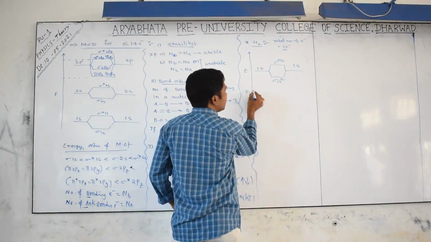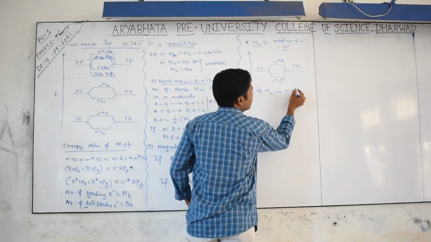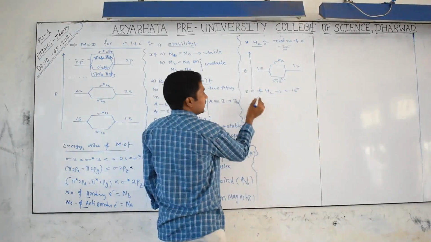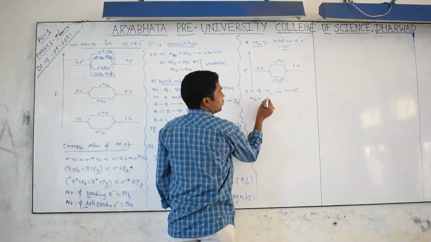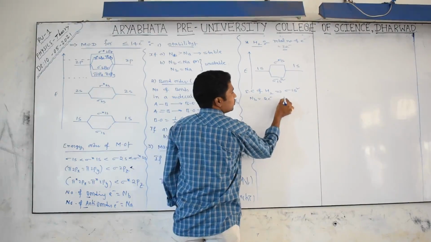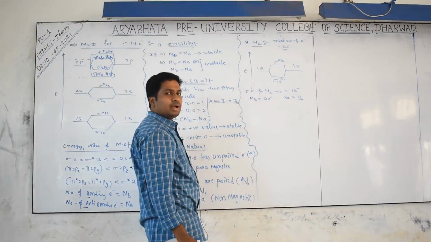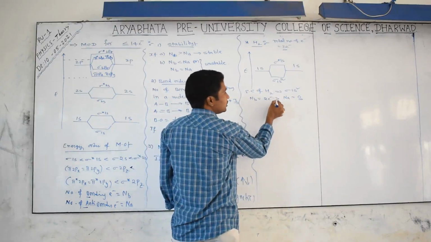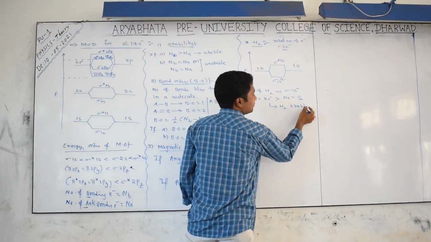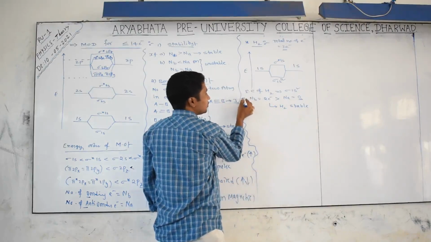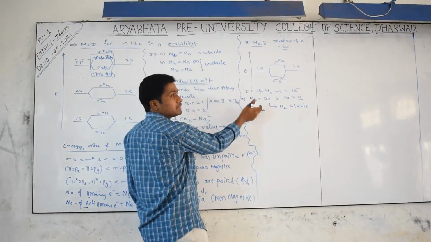Now the electronic configuration of the H2 molecule is sigma 1s2. Now the number of bonding electrons, how many? Yes, this is bonding, this is anti-bonding. So how many bonding electrons? 2. And how many anti-bonding electrons? 0. Bonding is more than anti-bonding, that's why we can tell H2 is stable. The first point is over. Are you getting it? I told you, if bonding is more than anti-bonding, then it is stable.